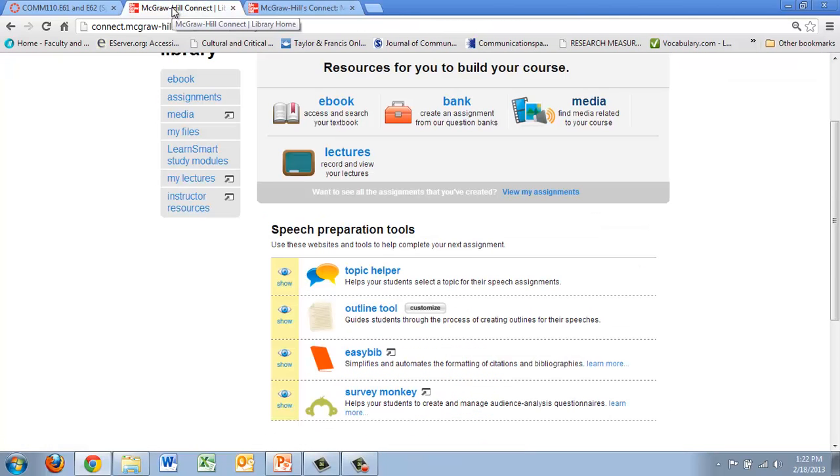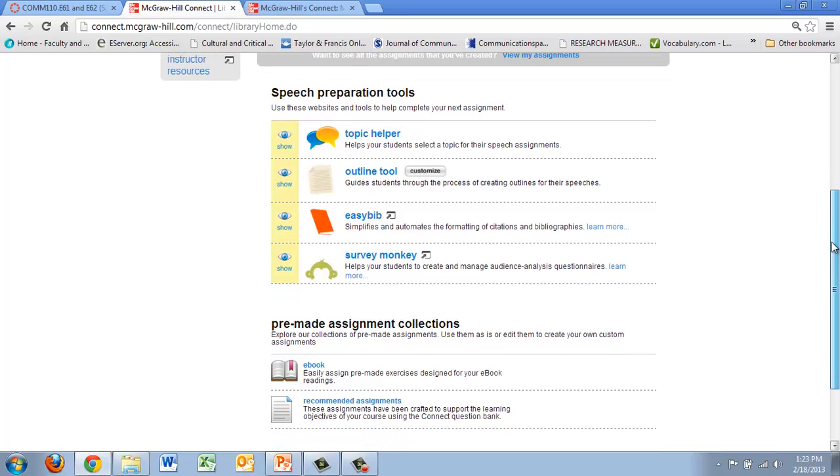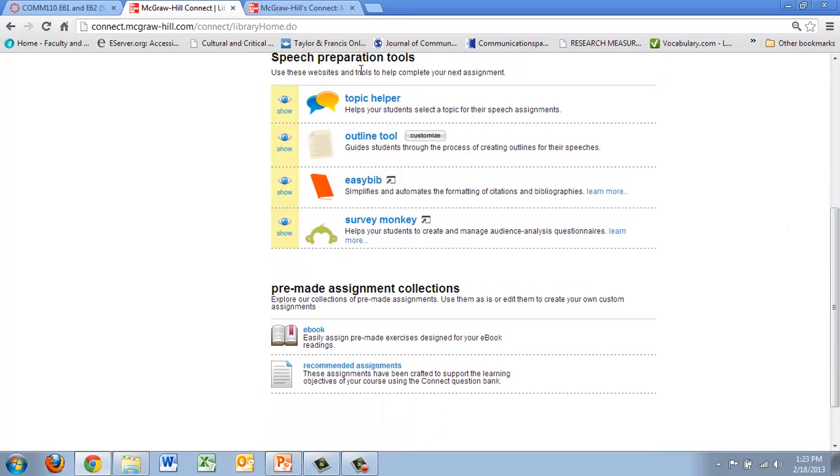They all provide very good examples of what your speech should sound like, what it should look like, how to use visuals, how to cite sources, how to use transitions, how to structure your speech, and some very good delivery tips as well. And they're all student speakers, so it's not like you're watching professionals only do this kind of work. So the media section is one section that I would strongly recommend you check out. Also, under speech preparation tools, you'll notice there's a link here for an outline tool.